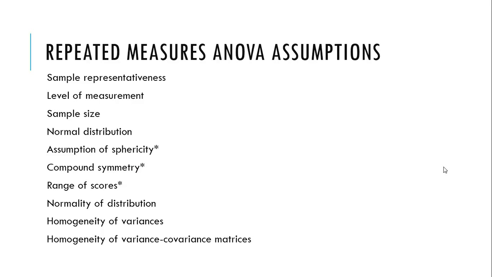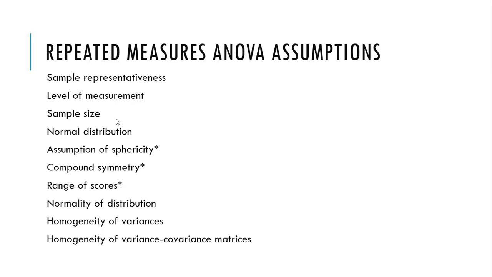So the repeated measures ANOVA assumptions are pretty much like the ANOVA and the ANCOVA assumptions. I'm using the repeated measures ANOVA assumptions. So, sample representativeness: obviously what this means is that we will be generalizing back to the population that we're sampling. So we got a random sample from a population, let's say of college students or high school students, and we're going to use these results to generalize back to high school students, not to seniors.